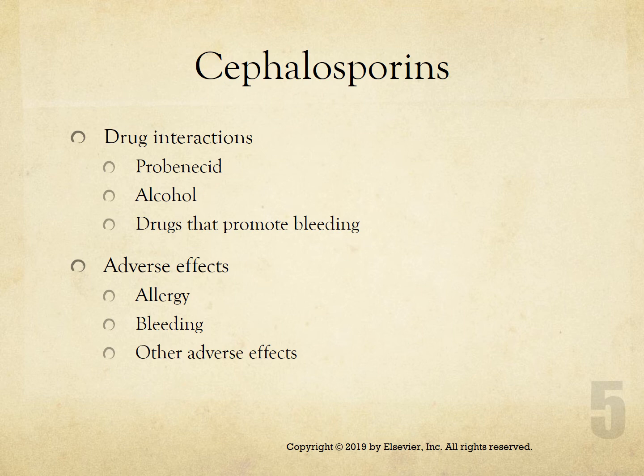And also for drugs that promote bleeding, warfarin, aspirin, possibly even NSAIDs with gastric bleeding. You have to be careful, and you may need to monitor INRs if the patient already has a known bleeding